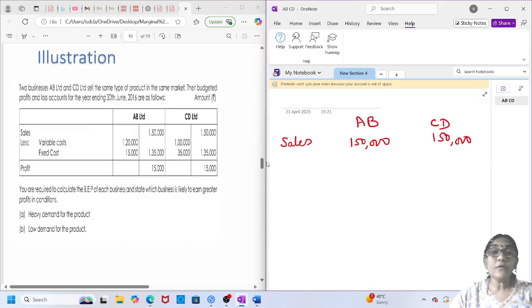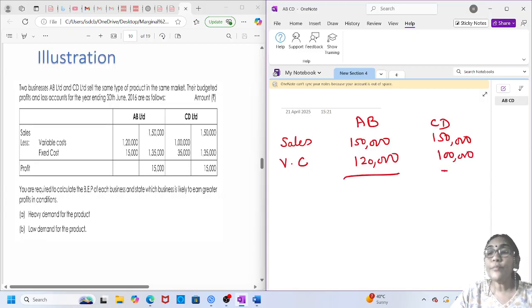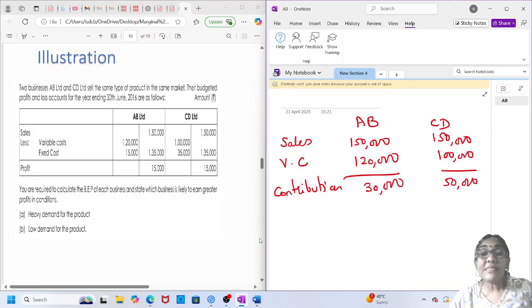1,50,000, right? Variable cost here is 1,20,000. Here it is 1 lakh. Therefore, contribution is going to be 30,000 and 50,000. Now in this case, we'll be calculating the PV ratio or CS ratio, profit volume ratio,